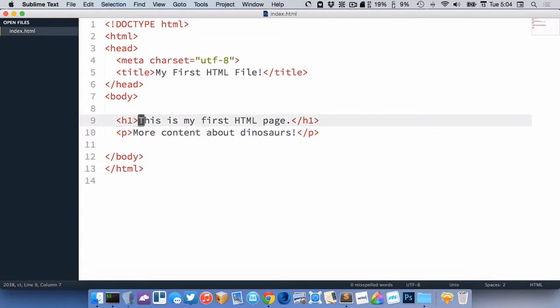So an H1 here, let me change this to dinosaurs. An H1 stands for heading level 1. That means that it's the primary heading on your website. In fact, an H1 should be considered the most important piece of content on your website. So here, this is the name of this page, dinosaurs. So it's an H1. Now, because it's the most important piece of content on your website, you should only ever